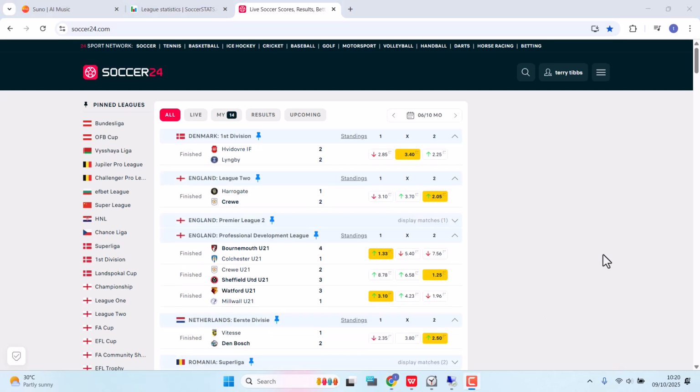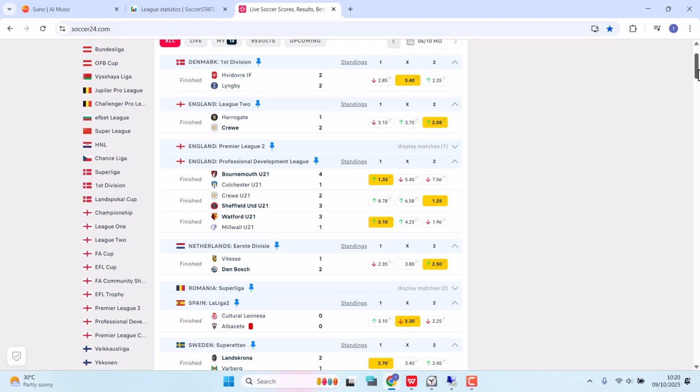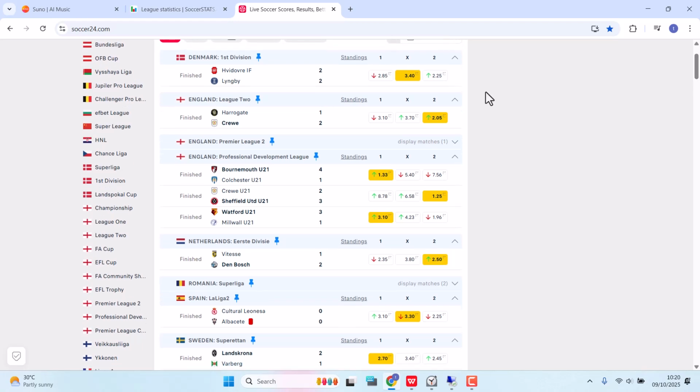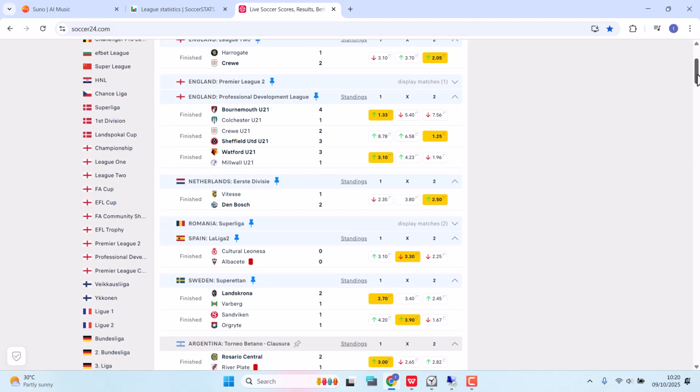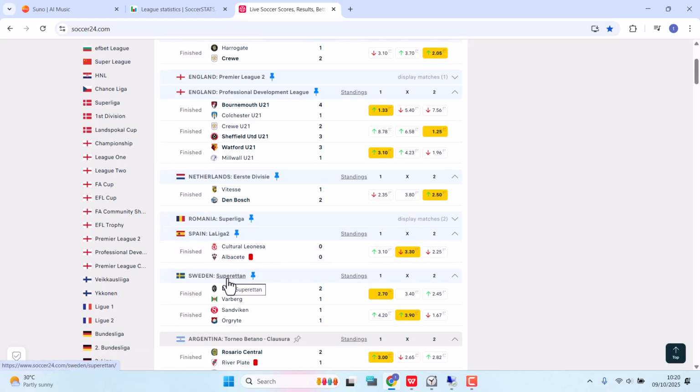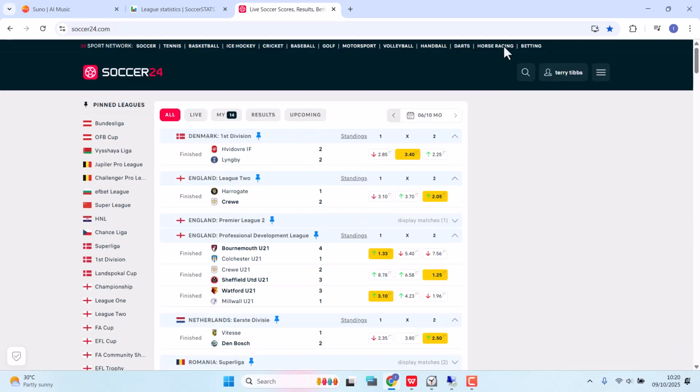I would also be looking at these lower tiers where I can't necessarily trust the teams because I don't know enough about them and the quality of football is not the best. If you can look at leagues like the First Division in Denmark, which has a reputation for goals. English League 2, certain matches which hint at goals. What I also do in these lower tiers, if a strong favourite is conceded first, I might go over 2.5 goals rather than look for the equaliser from the favourite. Any of these lower tiers, the Superettan, the Norwegian First Division,